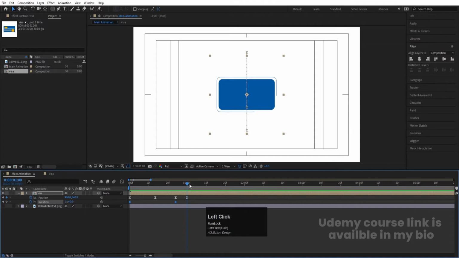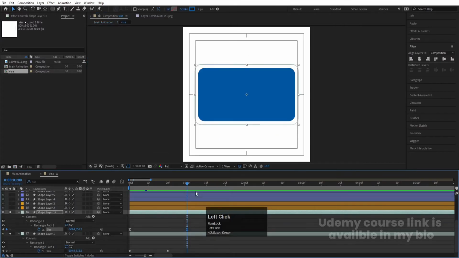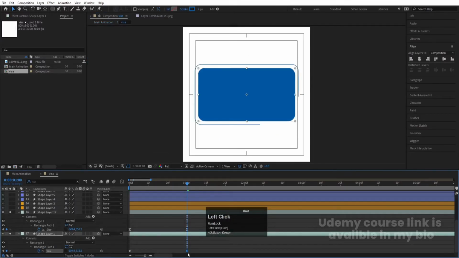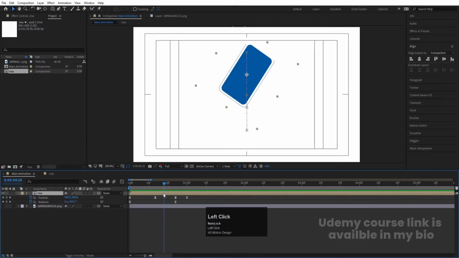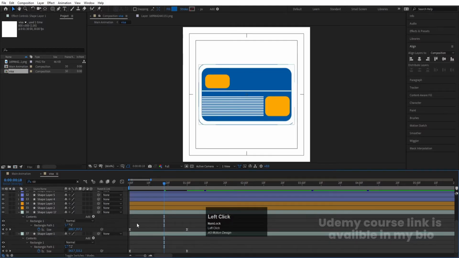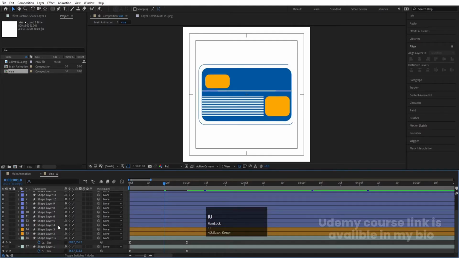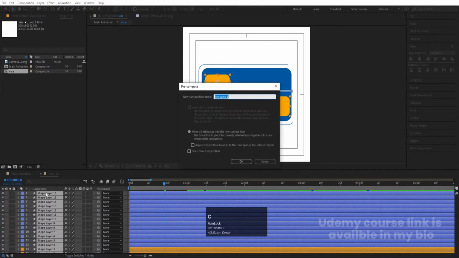Let's try to bring this up to this. So let's not over here. Let's go inside this and we will try to bring both of this keyframes somewhere around over here like this. And then somewhere around at this point, I'll go over here. Let's disable this options over here. Let us select this and all of this stuff and press Ctrl Shift C to pre-compose this, and we will